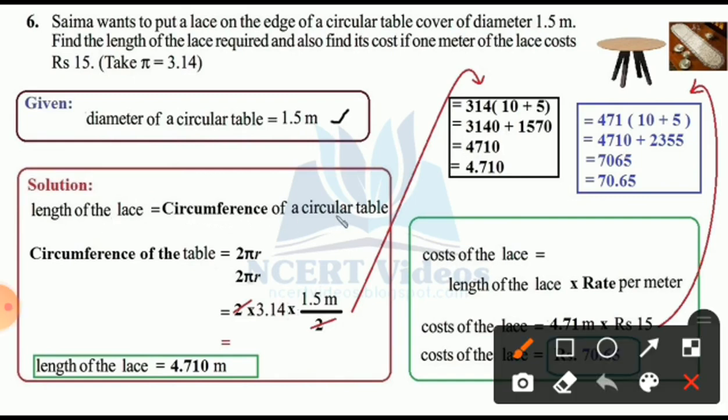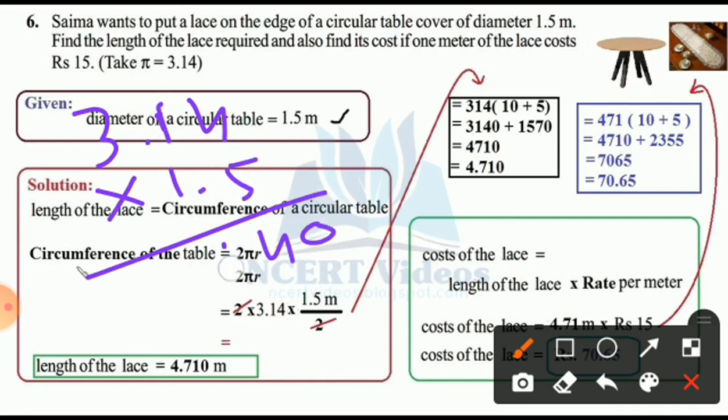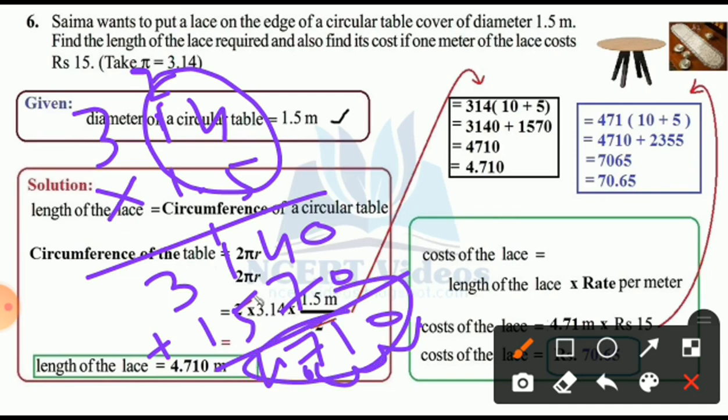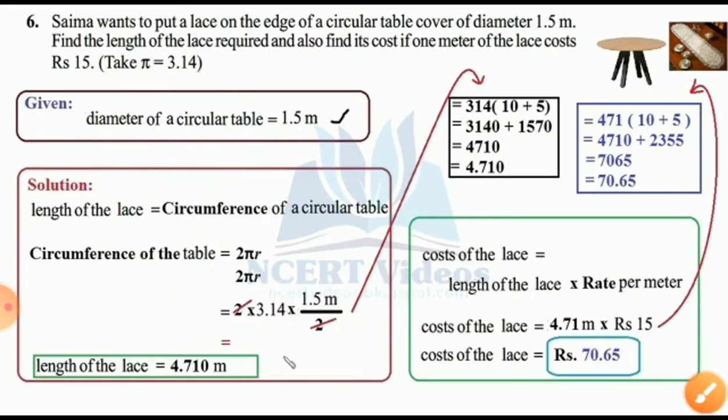My dear students, here I am writing 3.14 multiplied by 1.5. Let's start from the left side. 4, 1, 3. Isn't it? We forget about the decimal point. 5 4s are 20, 2 will be the carryover. 5 1s are 5 plus 2 is 7. 7 as it is. 5 3s are 15. Okay, add it all. 0, 1 and 1 is as it is. 6 plus 1 is 7 and 4. 4, 7, 1, 0. Now count how many points are there. 2 plus 1 is 3. So the dot is here, 1, 2 and 3. So 4.710 is the answer. Isn't it?